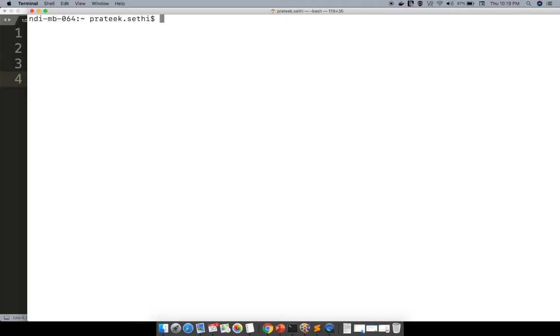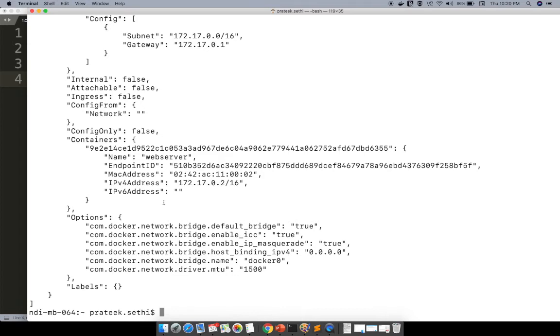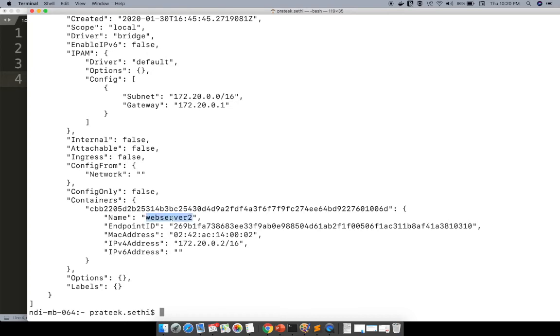So now we have two containers up and running, one belonging to the default bridge network, and another belonging to our own newly created network. So let's do docker network inspect. The bridge network, which is the default, should be showing the web server, right? See, web server. And if I write docker network inspect my_network, on this network we have